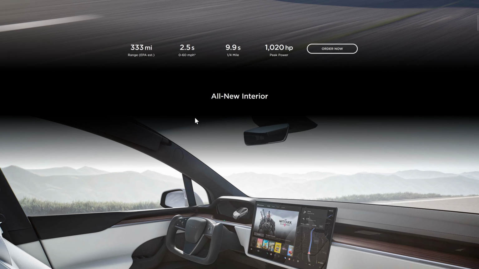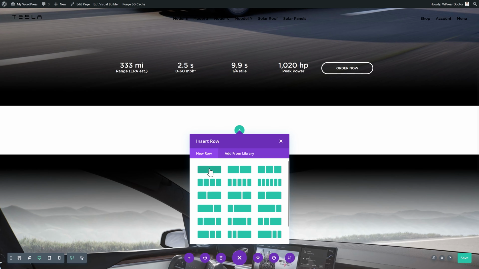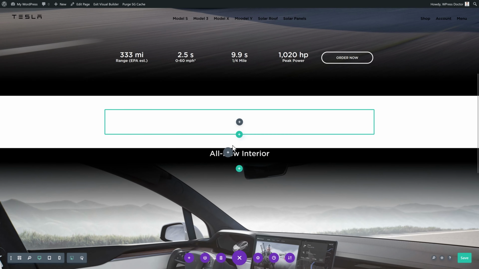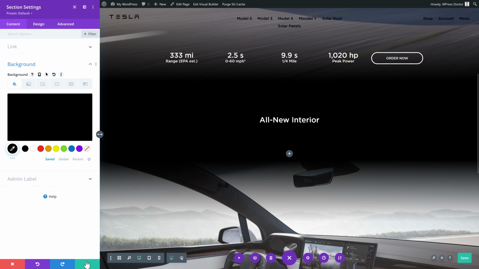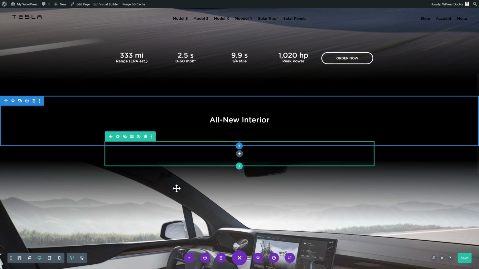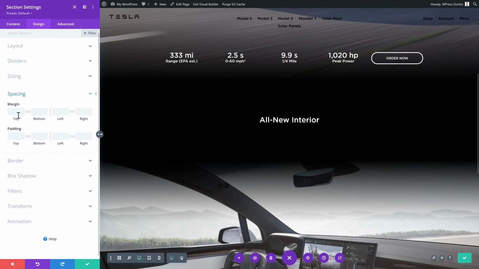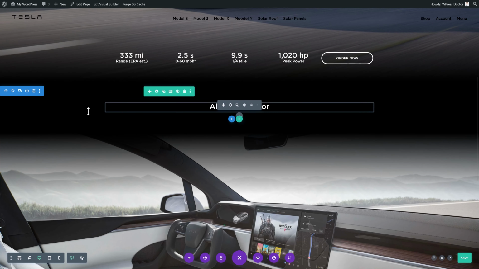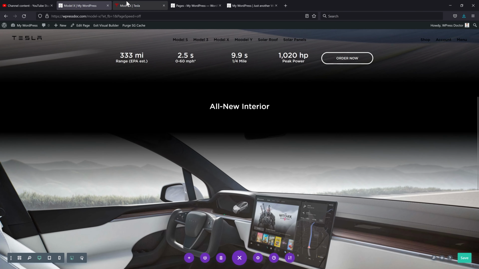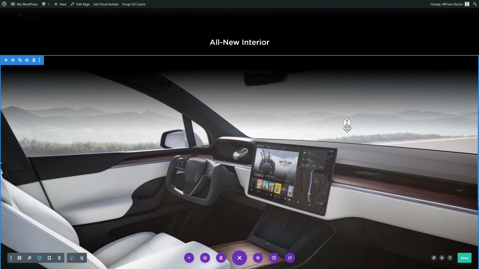If you don't like to work with negative margins, what you can also do over here is add another section to it. Just a small section with one row and this module inside of it. Then we make this row completely black. And then we have this, which I think looks a bit better. And then we just have an excellent row. We can make the spacing a bit smaller, less padding. And now it actually is in the center of your two sections, which looks exactly the same as Tesla has created it. Yes, this is excellent.